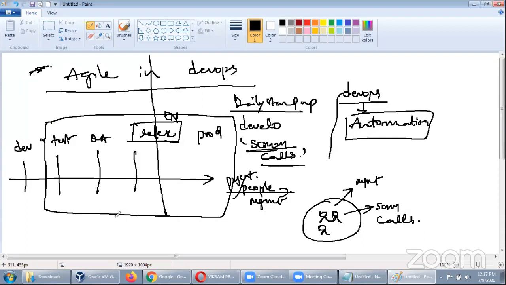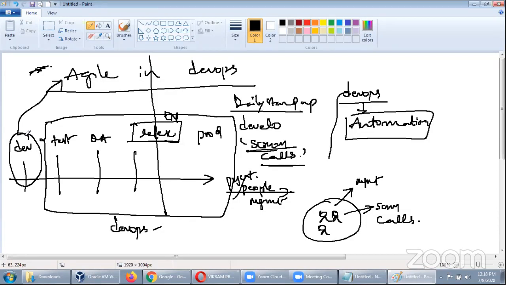Please catch this point. This is where the use case of DevOps is high, and in this area people still follow the agile methodology. If you go to any company and ask even the person working in a DevOps role what the role of agile is, he will tell you the same thing: developmental activities and scrum calls are similar to agile, because DevOps does not focus on this area. They don't want to disturb the reporting structure or the hierarchy we have in managing the project.